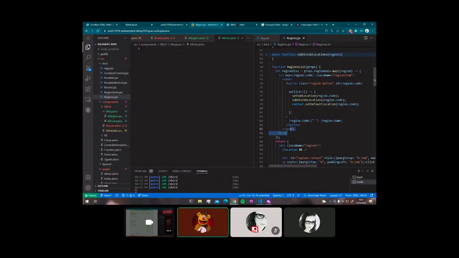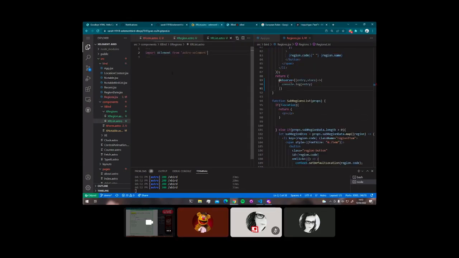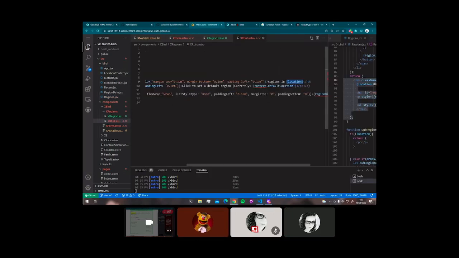So this is going to be inside a function. Let me just copy this in here. Clean up some of this. All we're going to do is create a span around this. So this will be a span, and we're going to give this